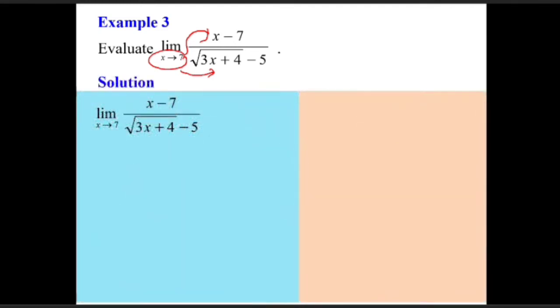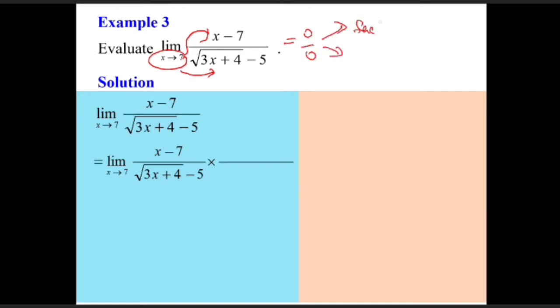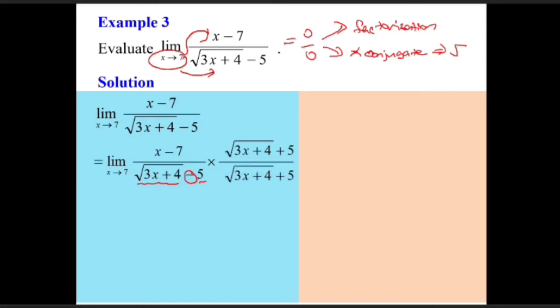And what you'll get here is 0 over 0. So remember, when it's 0 over 0, you have two choices, whether to use factorization method or to multiply with conjugates. Remember, when the question has surds, you have to multiply with conjugates. And this question has surd at the denominator. So the conjugate would be copy the same surd and the function inside it. The sign in the middle is minus here, so opposite of minus is plus, and behind is 5. So just copy the same value on top and also below the fraction,